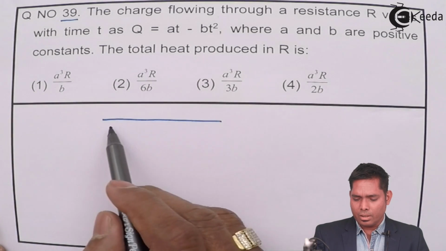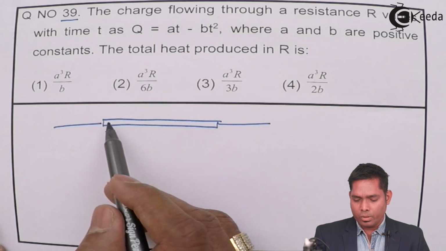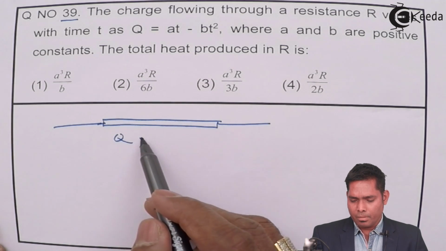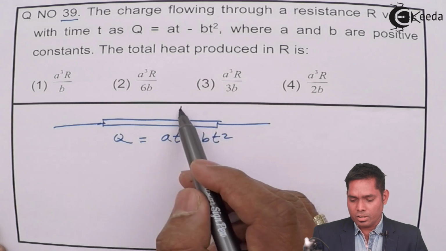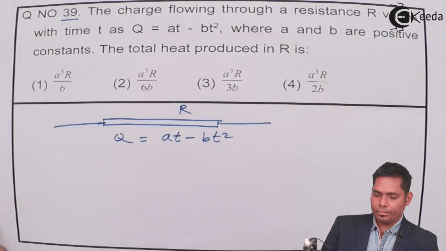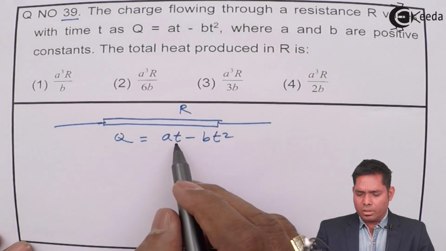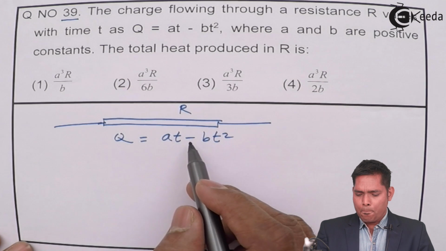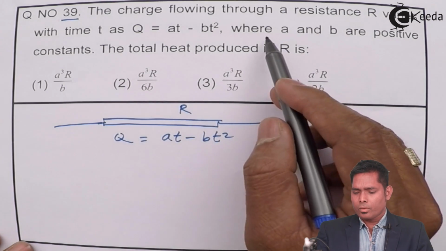So, this is a resistor. Suppose that this is a resistor and through it the charge is flowing and is given by this expression AT minus BT square. The resistance is R. As you can see, the charge is not constant, it is a function of time. So with time the charge is varying,